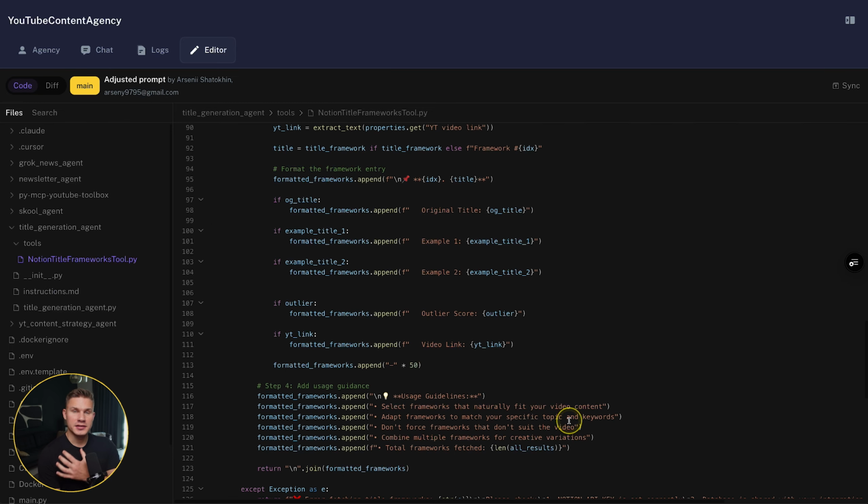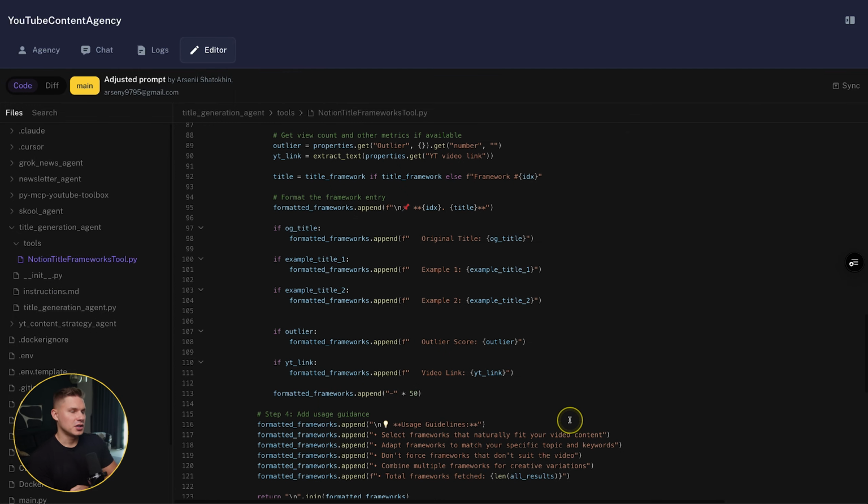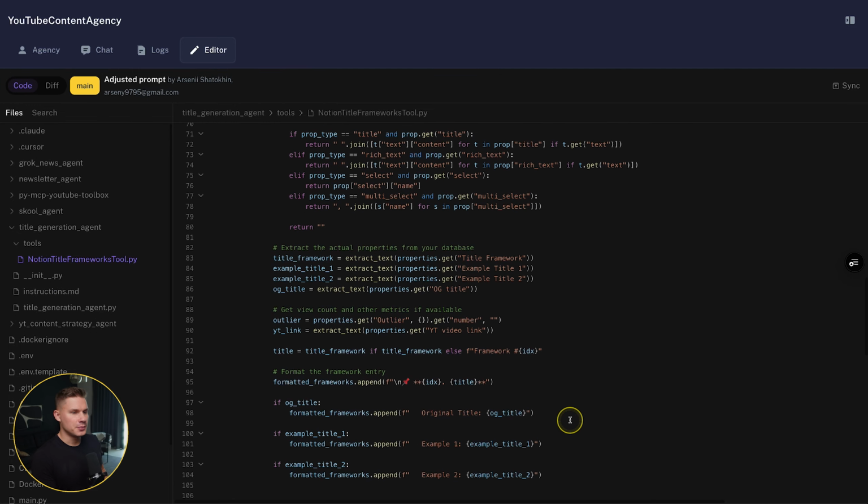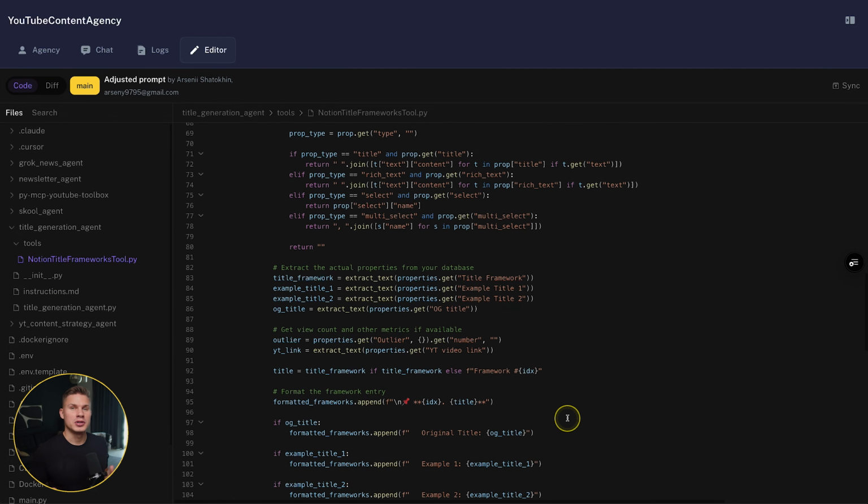And the reason I added this as a custom tool and not as a Notion MCP is that if I were to use Notion MCP, it would also return a lot of garbage from the database, like all the other properties, a lot of JSON and stuff, while here I can format the data exactly the way I need and ensure that the agent doesn't get confused.